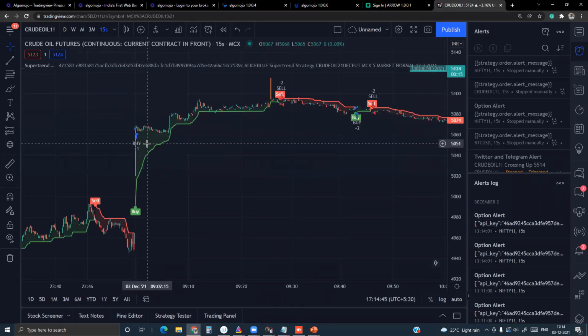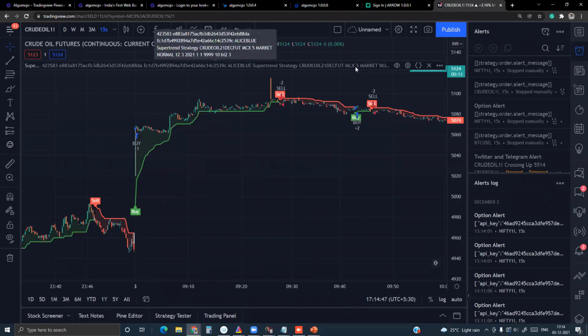Always ensure that you're setting today's date, and when you want to trade the alert, which day you want to start, that day before the market starts, you create the alerts. If you want to trade live. If you want to test it, then it doesn't matter. You can just simply create an alert during the middle of the day.